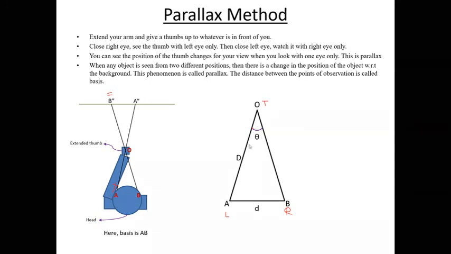Now, how do you relate this theta with the distance between your eyes, that is d, and the distance from your eyes to the thumb, capital D? For small measurements like your thumb and eyes, it requires the Pythagoras theorem, but we can do small measurements with scales only. We use the parallax method exclusively for measuring long distances. Now, how do we measure long distances?